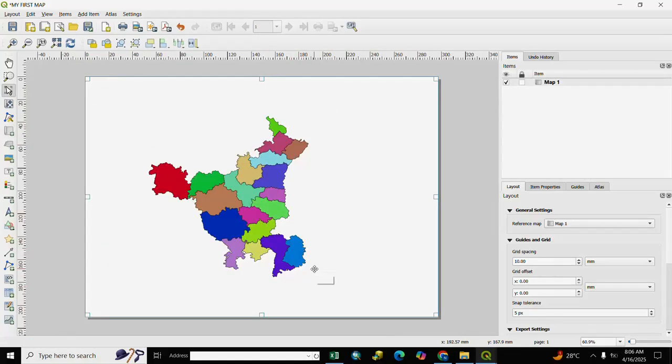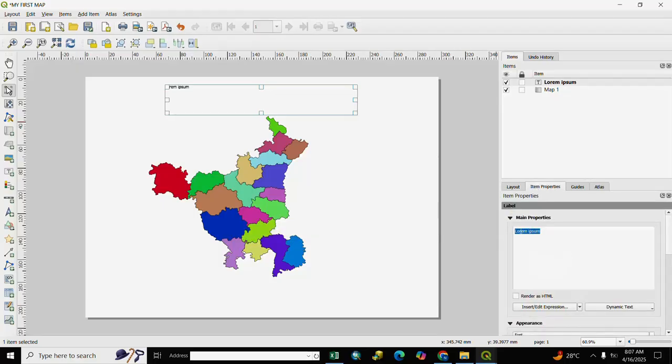Our map is here, and after it, for insert text, we go to add label, and we press here, and here is our property, and we go to item property, and we write here name, my first map.